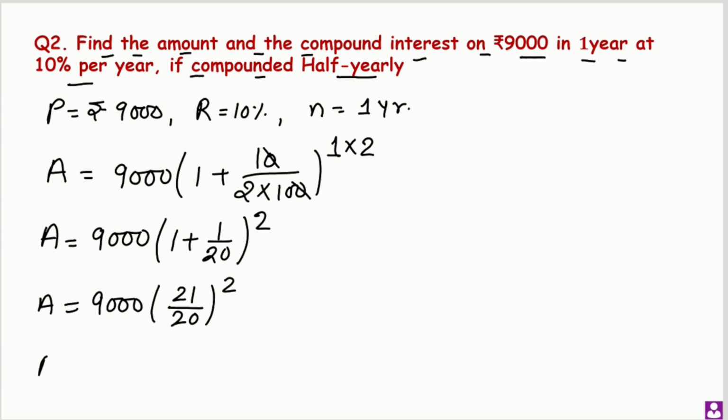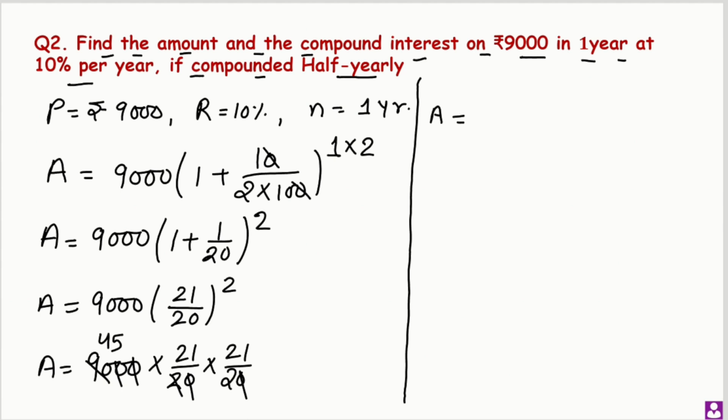So I can open the bracket: 9,000 times 21/20 times 21/20. Now this 20 will be cancelled with this 20. This 2 will be cancelled with this 90, giving us 45. Now A will be 45 times 21 times 21 over 2. By solving this, we will get